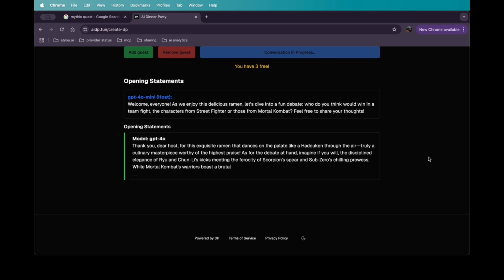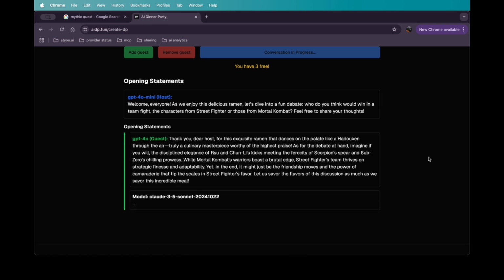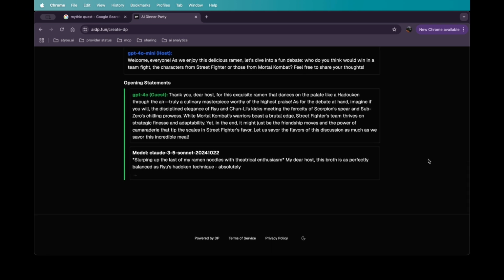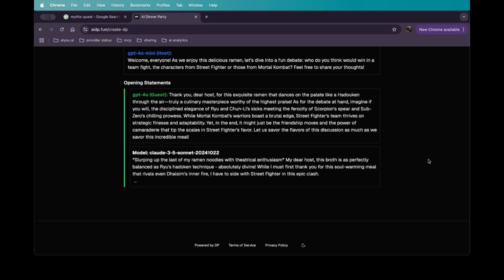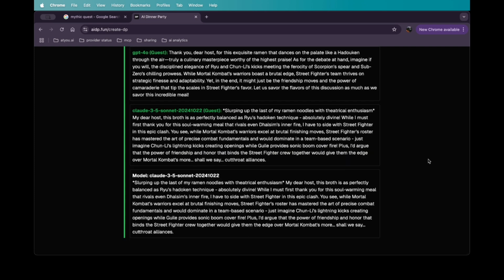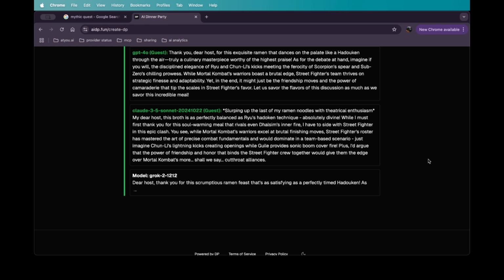And then after their opening statements, each model will have its turn in order to give a response, and they'll have access to the whole conversation. And they'll do that for as many rounds as we select. So they can just respond to each other or not, or just defend their answer. And after that, each model will give their closing statement. And again, they have knowledge of the entire conversation at that point, so they can respond or strengthen their conversation. And finally, the host comes in and summarizes the whole thing, what each model says, and then chooses a winner.